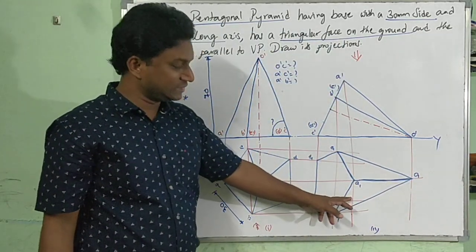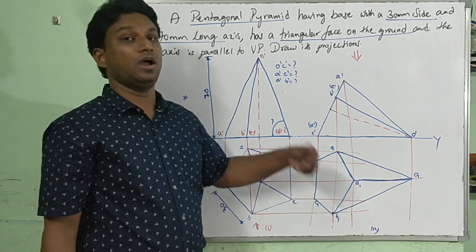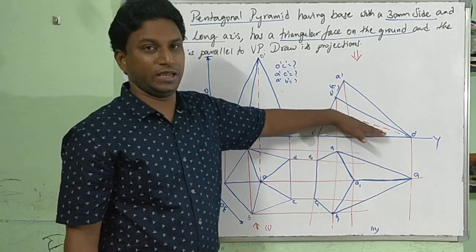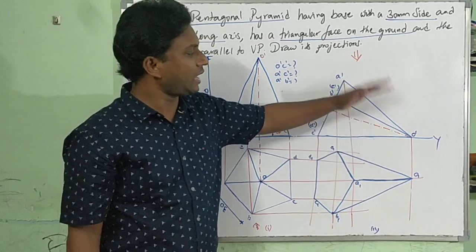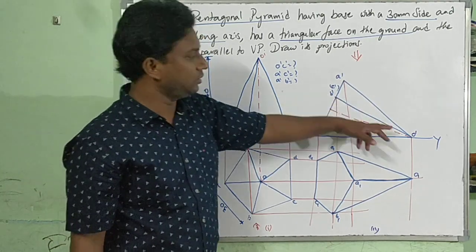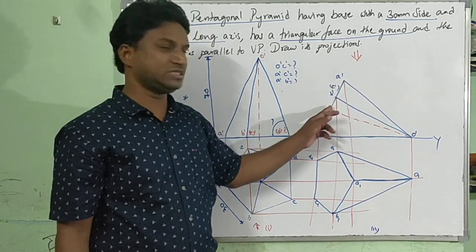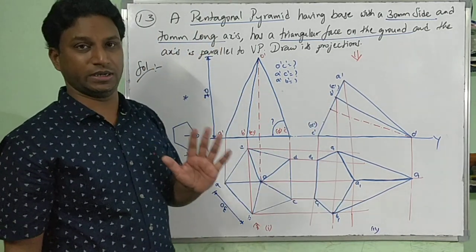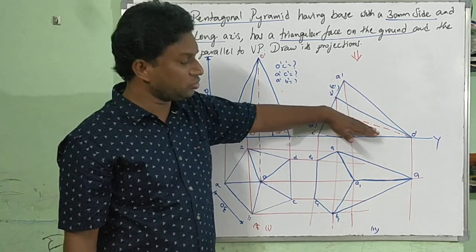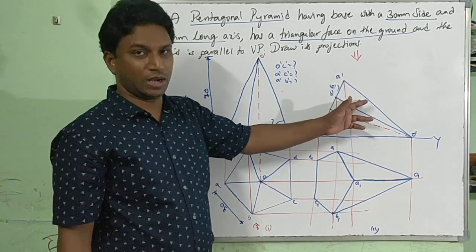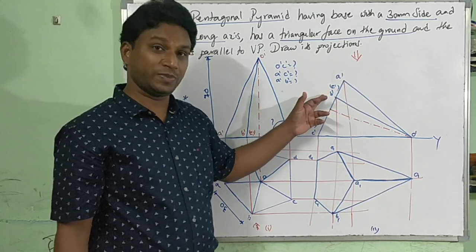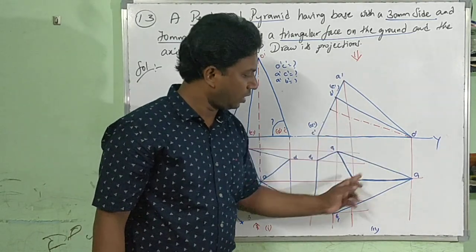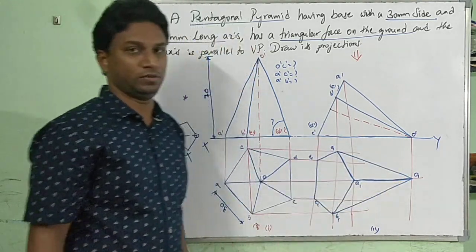When I am drawing these thick slant edges, how I am analyzing is: front view, center line, here axis. Whatever lines are above the axis line, irrespective of brackets or non-brackets, those all will be thick here. Take it as granted. Clear? With respect to the axis line above, whatever lines they are, irrespective of the brackets, that is A dash, B dash, E dash, they become A1 O1, B1 O1, E1 O1.